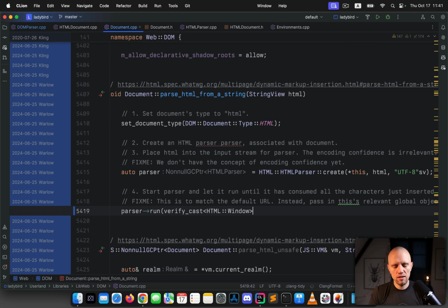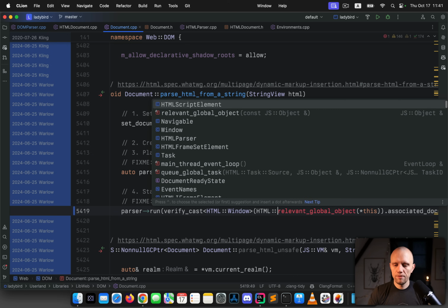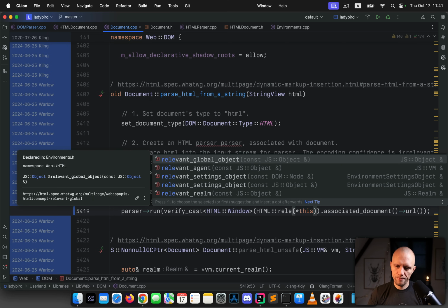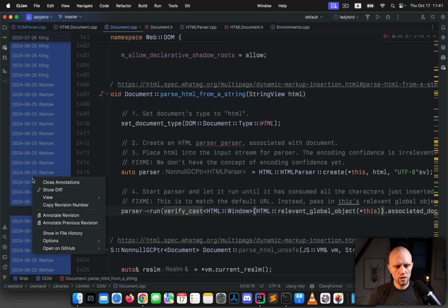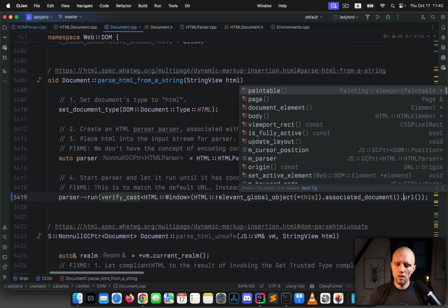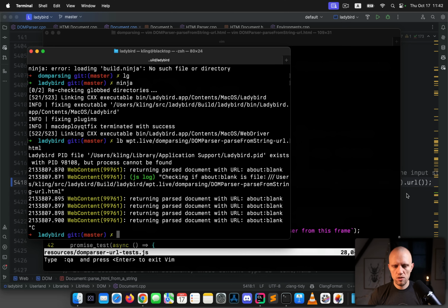We will have to cast the global object to a window and then get the associated document, relevant global object for this. Yeah, I think that's accurate. Okay, so what if we just do that? Will that just...